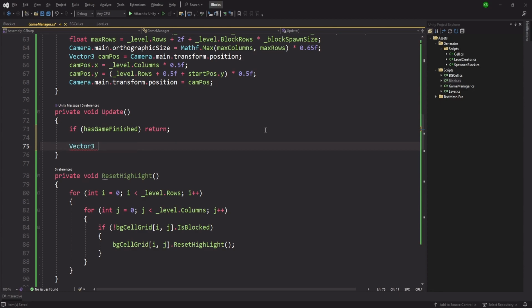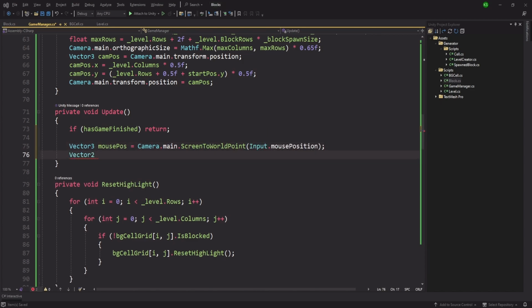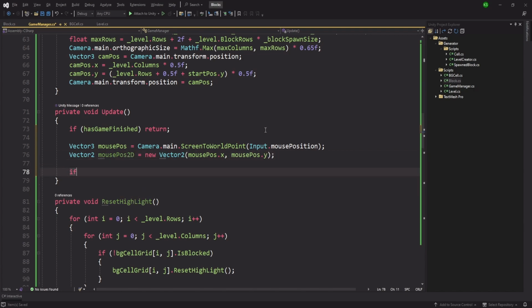The first detection is going to be whenever we click our mouse. So Camera.main.ScreenToWorldPoint of Input.mousePosition, and we'll convert it into a Vector2. So mousePos2D is going to be new Vector2 of mousePos.x and mousePos.y. And if Input.GetMouseButtonDown of 0,